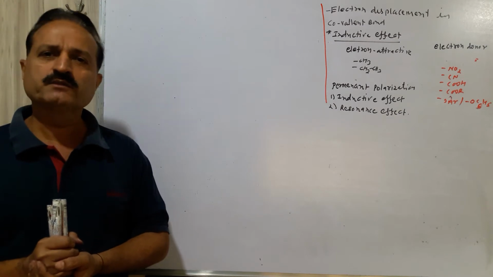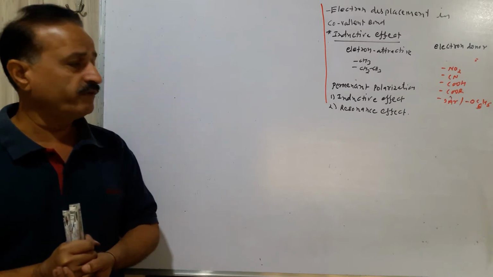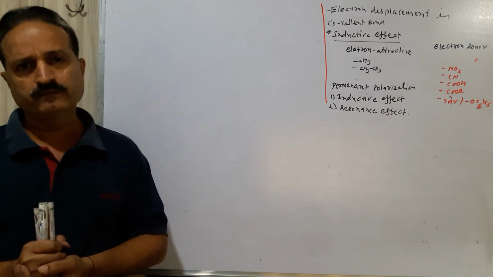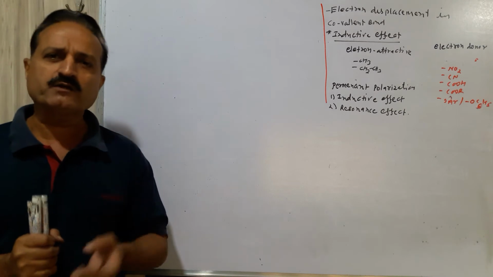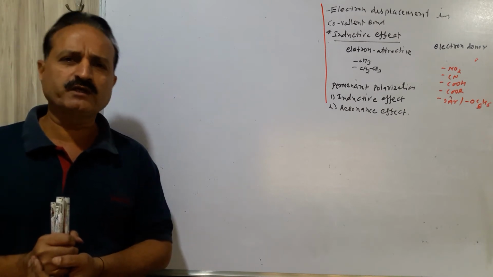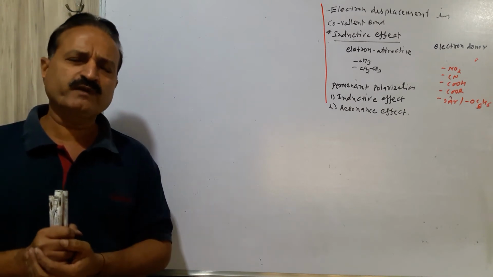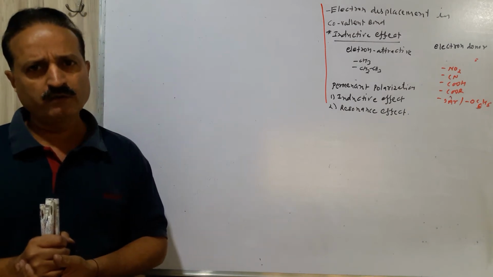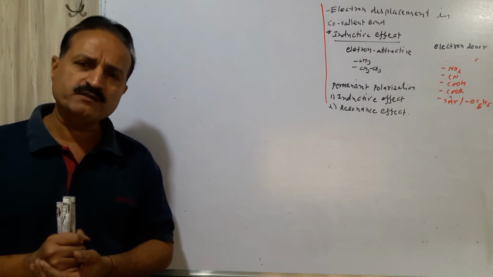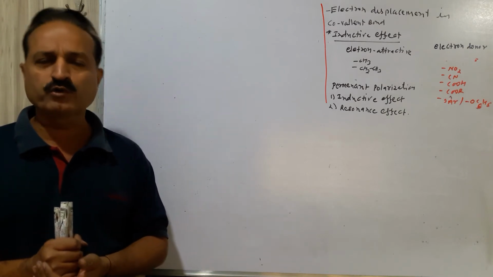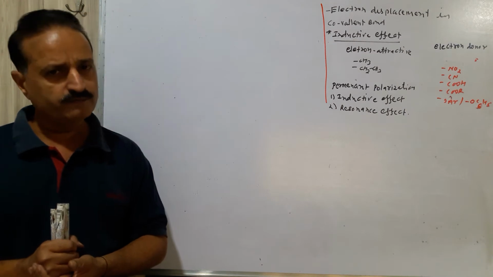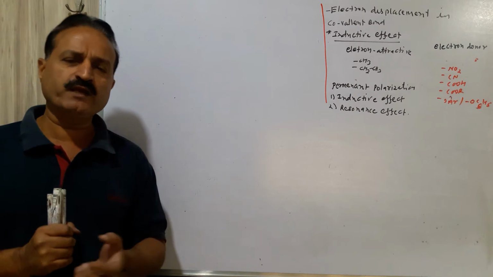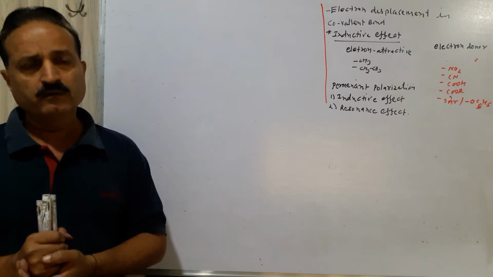We will discuss the inductive effect related to electron displacement. How electron displacement is done, you have studied. Electron displacement means the movement of electron from an atom to an adjacent bond, or from a pi bond to an adjacent bond. When electron displacement is done,